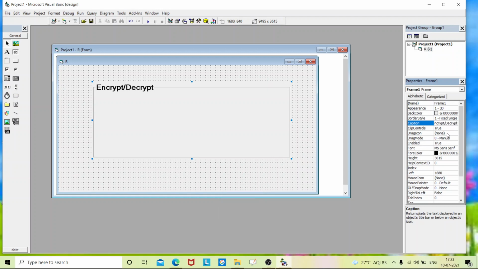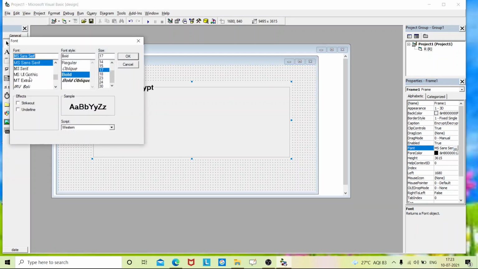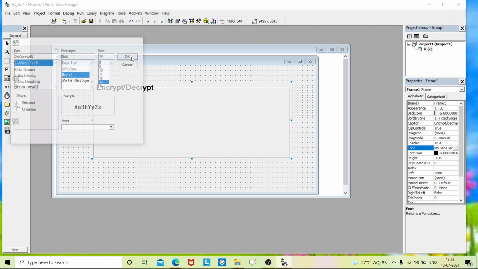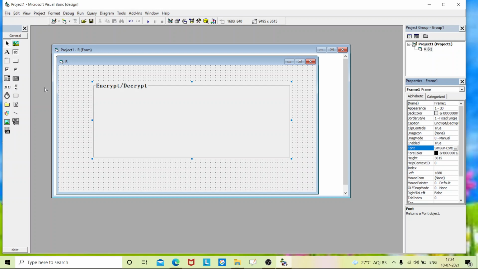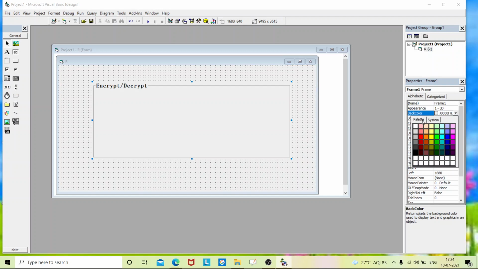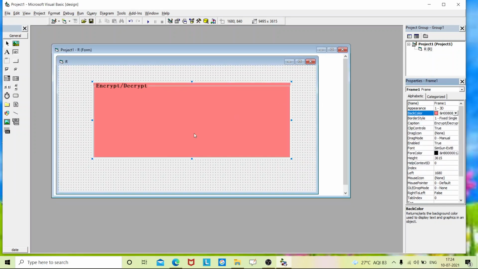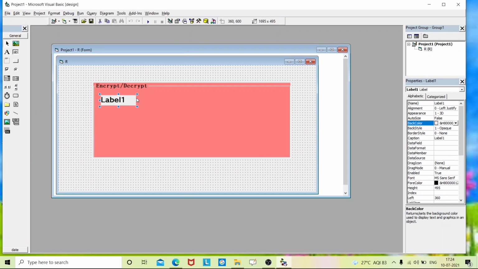We'll change the style of the font. Now I'll place the remaining controls. Before that, if you want to change the back color, you can change it. And place a label, to specify the title.